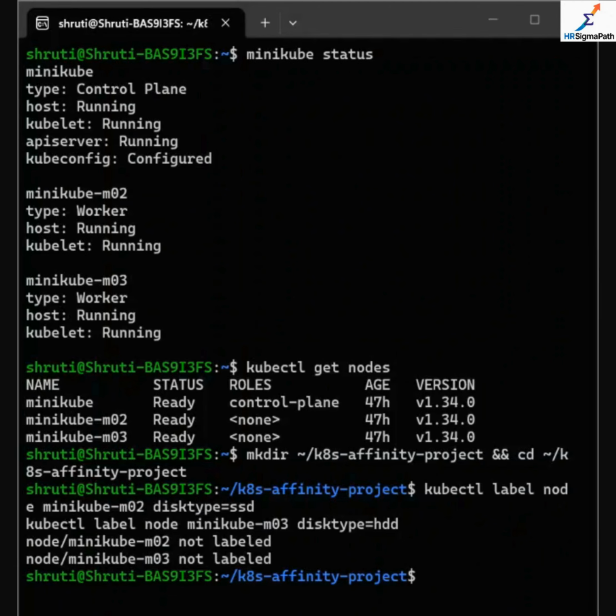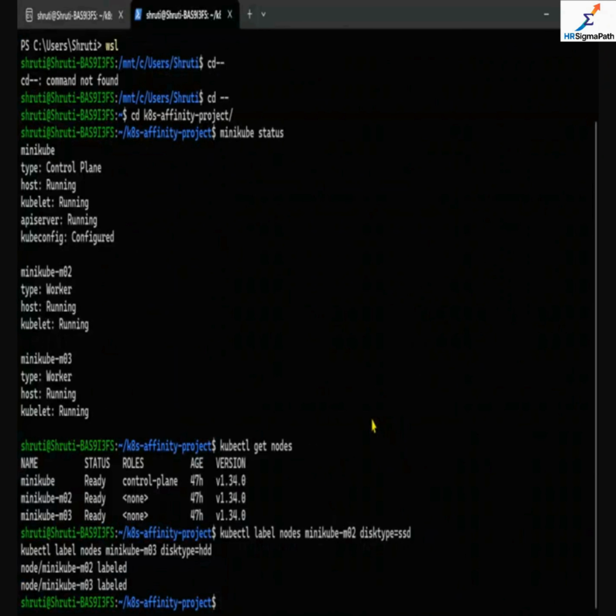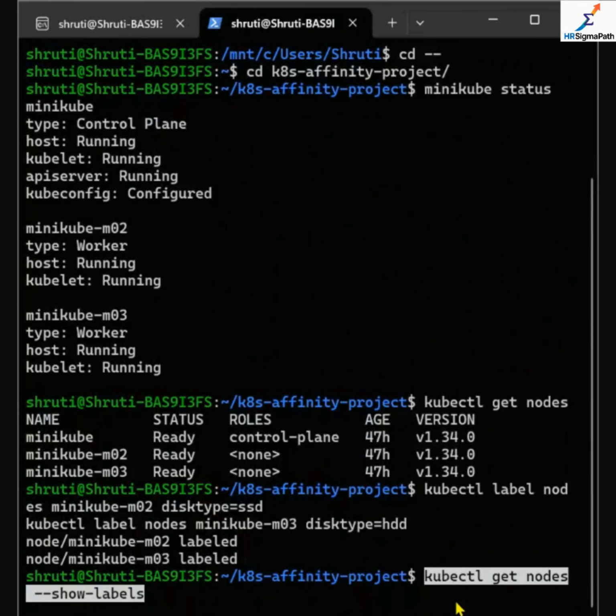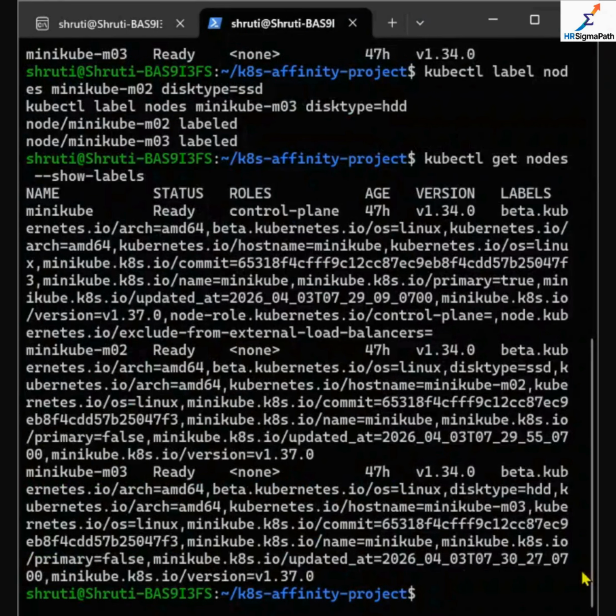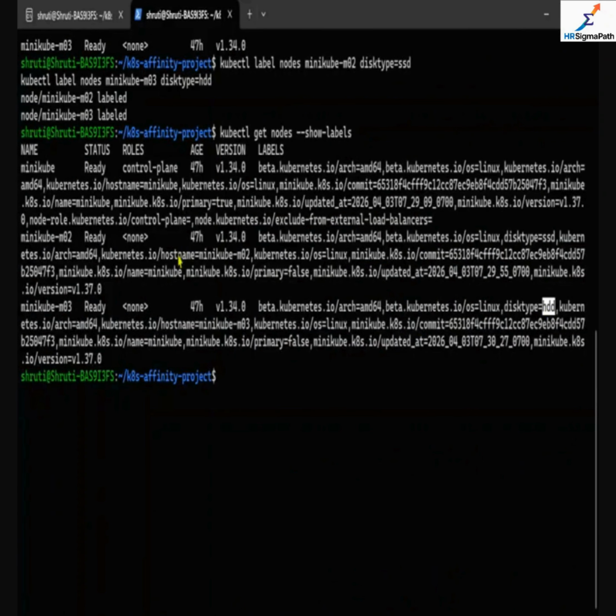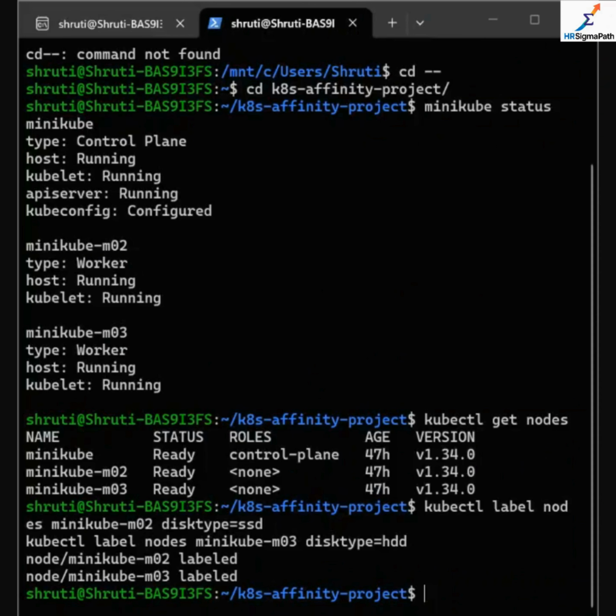Okay, so now we will check why it is not getting labeled. Just give me one moment. So actually it has already been labeled earlier, so we need to remove the label and then label it again. So moving forward, after labeling the nodes of this type,